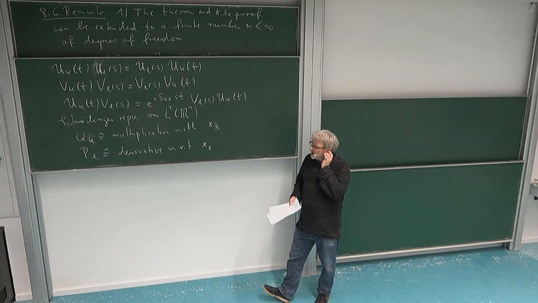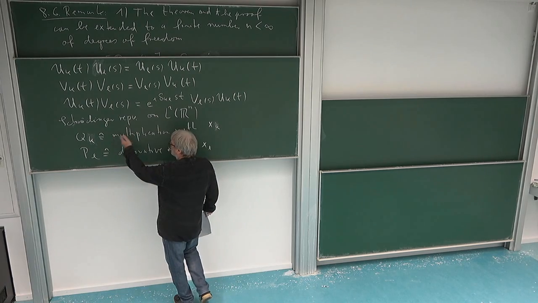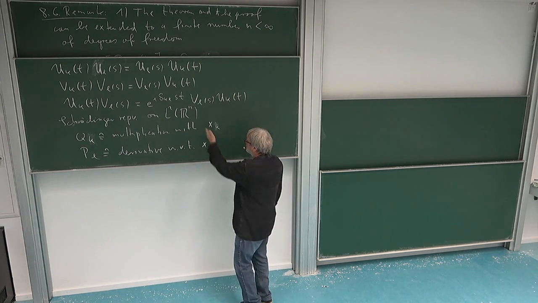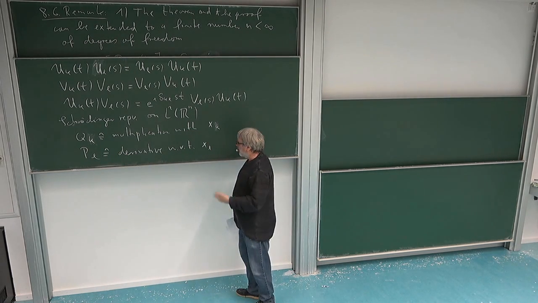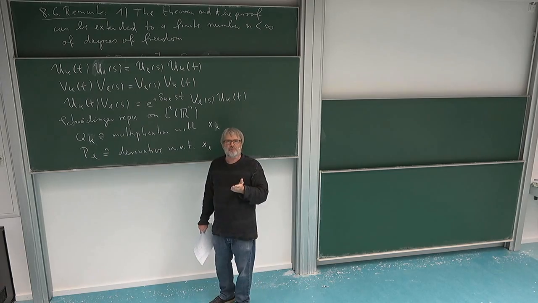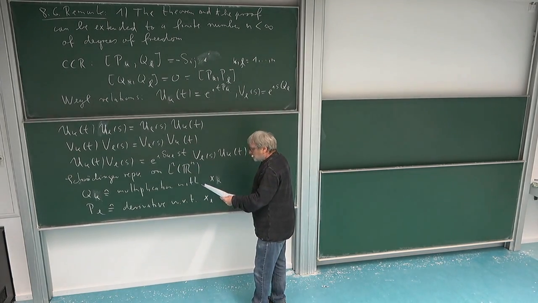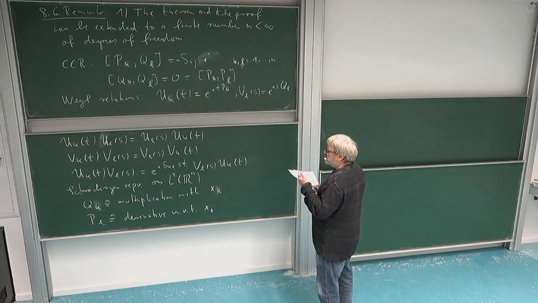Okay, and of course, if I'm taking the unitary group, so the unitary group for the q_k is the multiplication with a unitary phase factor, and unitary group for the p is the shift, but now only the shift in the l-th variable. Okay, so this all works as before,